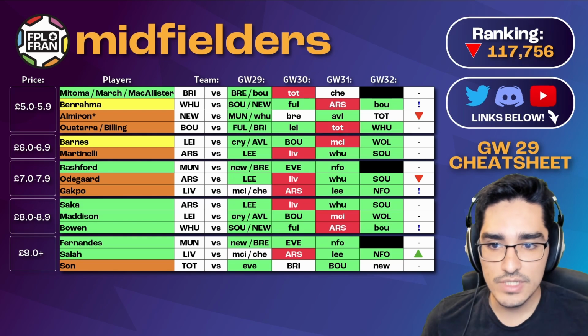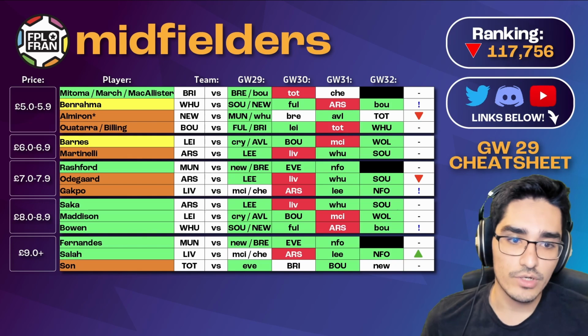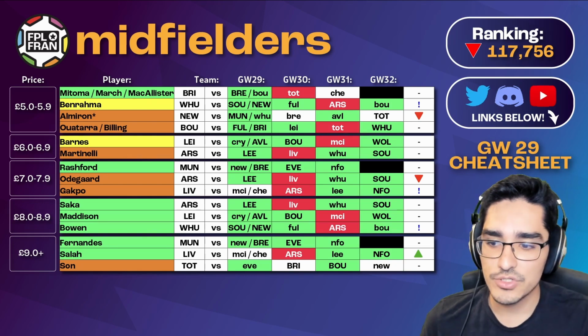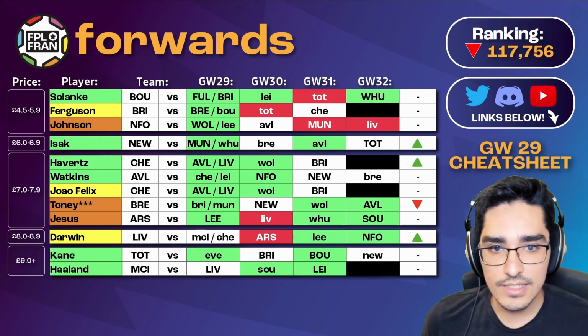So if you go out of Saka, then it does make sense to go to Salah, but I'd still prefer Fernandes, as I said, as long as you're equipped with that free hit and you're planning to use it in 32. If we move towards the forwards now, what we'll see, of course, is that Isak has risen towards the top,